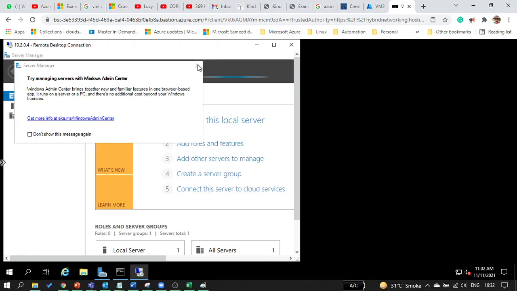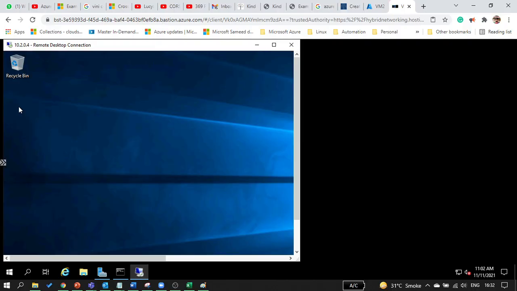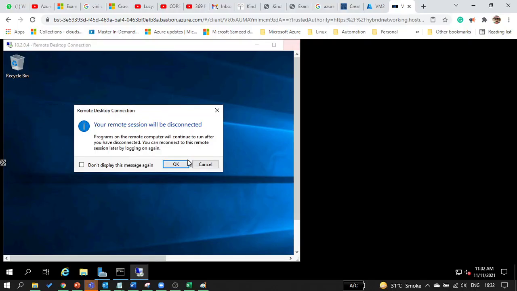That's how I connected. Let me close all this stuff. Alright, this is another virtual machine; this one I connected with Bastion, and this one I took with RDP. Now I have done peering, so why should I use